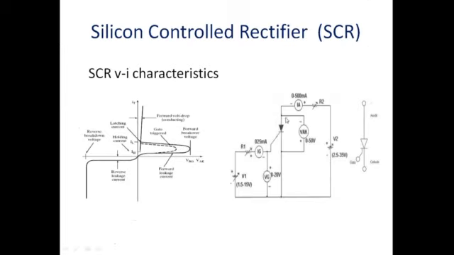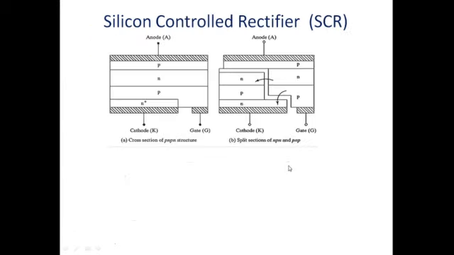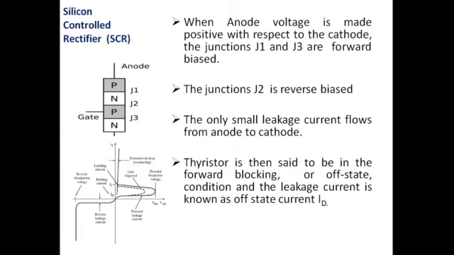If you connect a circuit like this, what is the current flowing in this situation, when J1 and J3 are forward biased and J2 is reverse biased? If J2 is reverse biased, there is